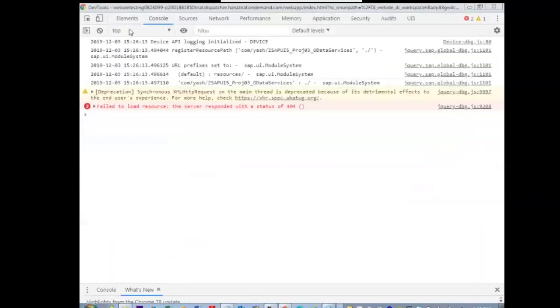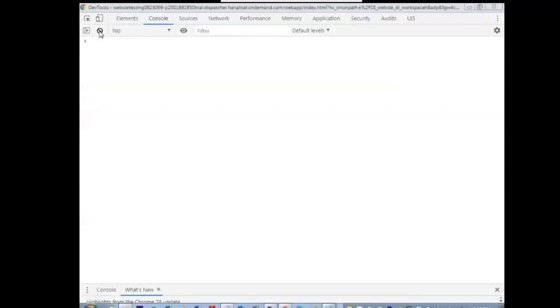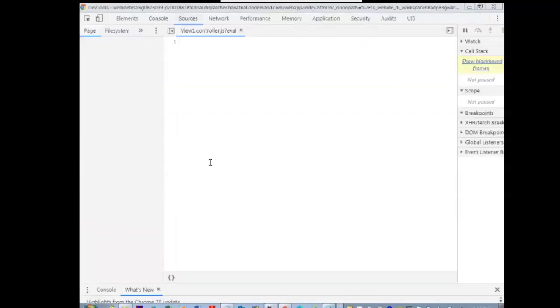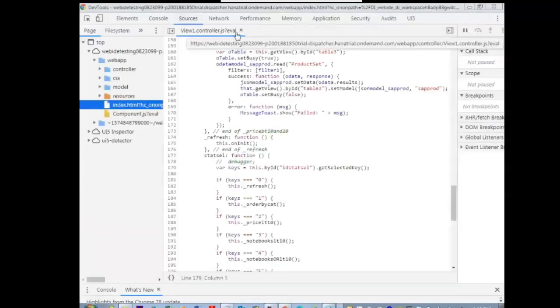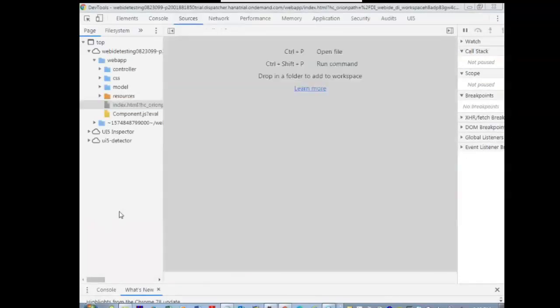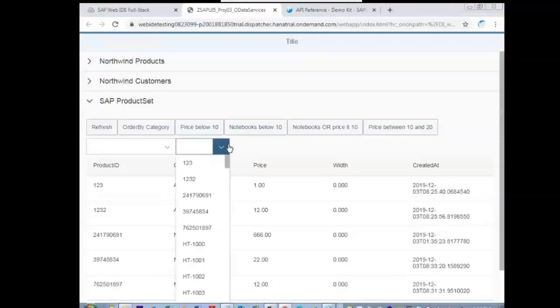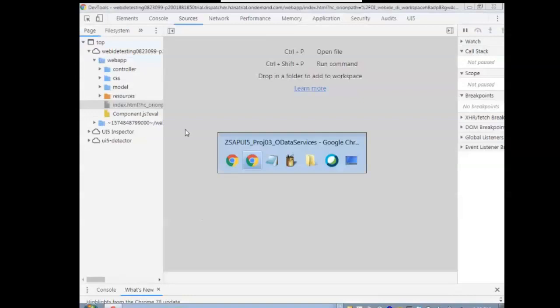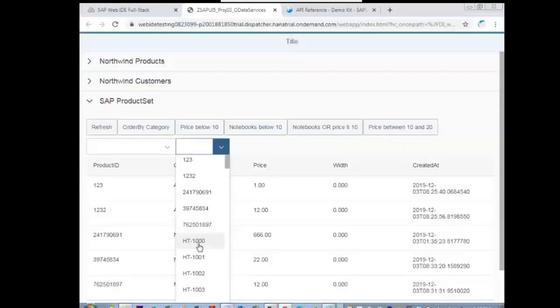In the console, anything you want to clear, you clear by pressing this button. Sources. Even this file is not open directly. When you execute or select any value here, that file automatically gets opened because you have placed the debugger keyword.